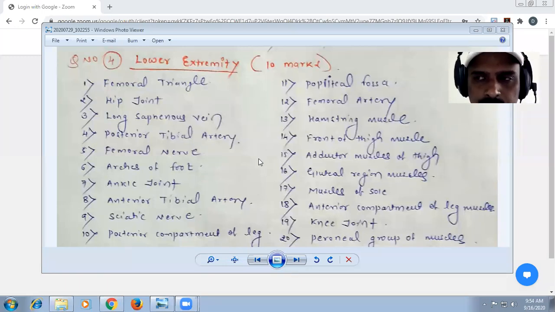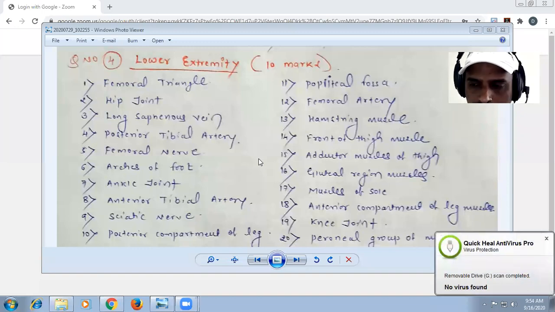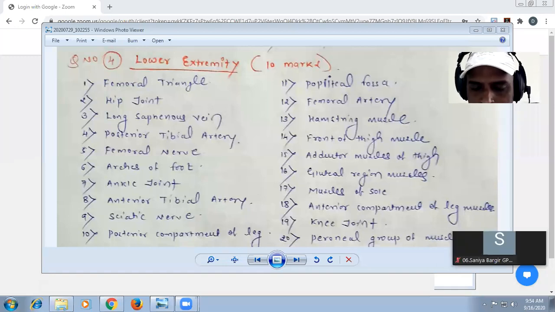So my dear students, today I am just highlighting because we have covered almost all lower extremity very properly, and with the notes also I have dictated you. So you should know what we have to write in a 10 marks question. You have to write the definition, and if it is asked, the boundaries, roof, floor, contents and clinical anatomy. Under these headings you have to write. Then 2 marks for 5 headings, and including diagrams, you will get the 10 marks. That is the one intention.